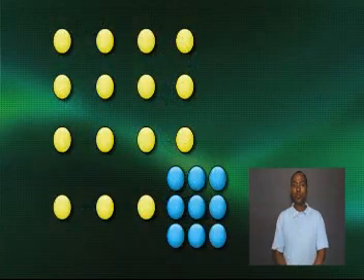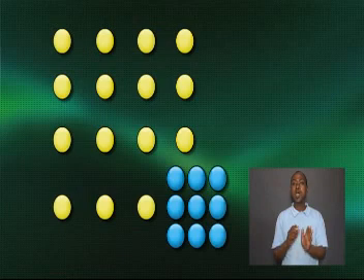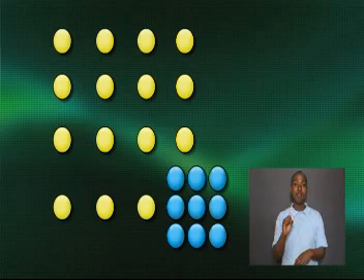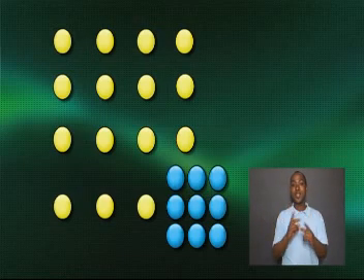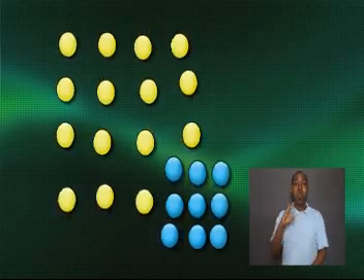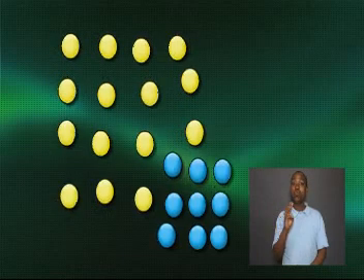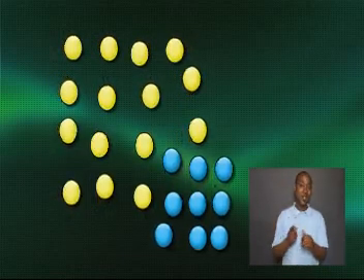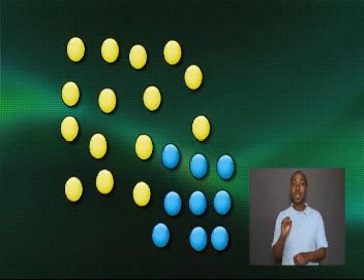Let us use the example of copper sulfate diffusing in water. The blue circles represent copper sulfate, and the yellow circles represent water. As you can see, when the copper sulfate is added to the water, initially the copper sulfate does not mix